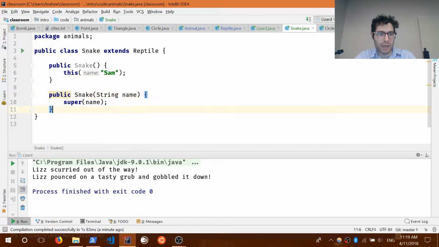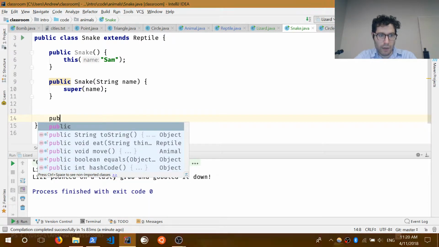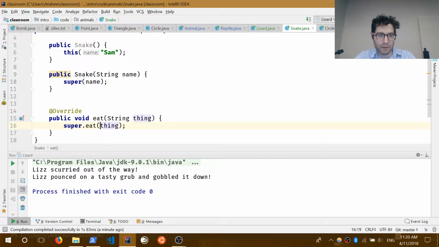Sam the snake, and let's go ahead and override the eat method, right? This dot name plus... The reason why I'm making all these examples of how to override using inheritance will become clear when we talk about polymorphism in a bit. This dot name,